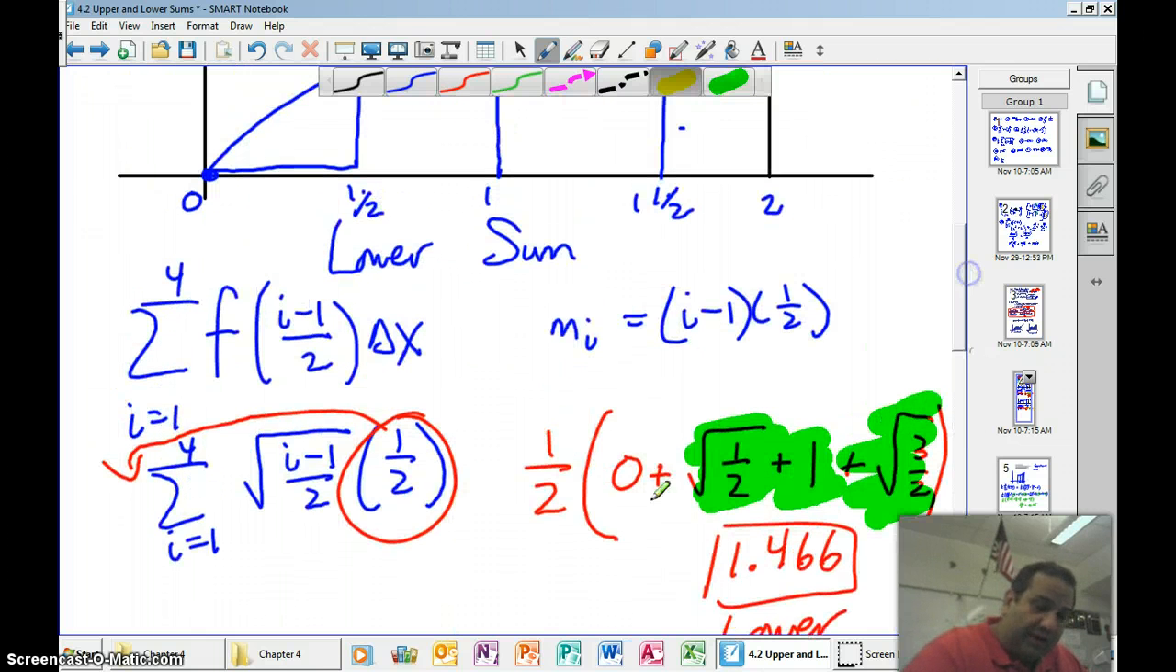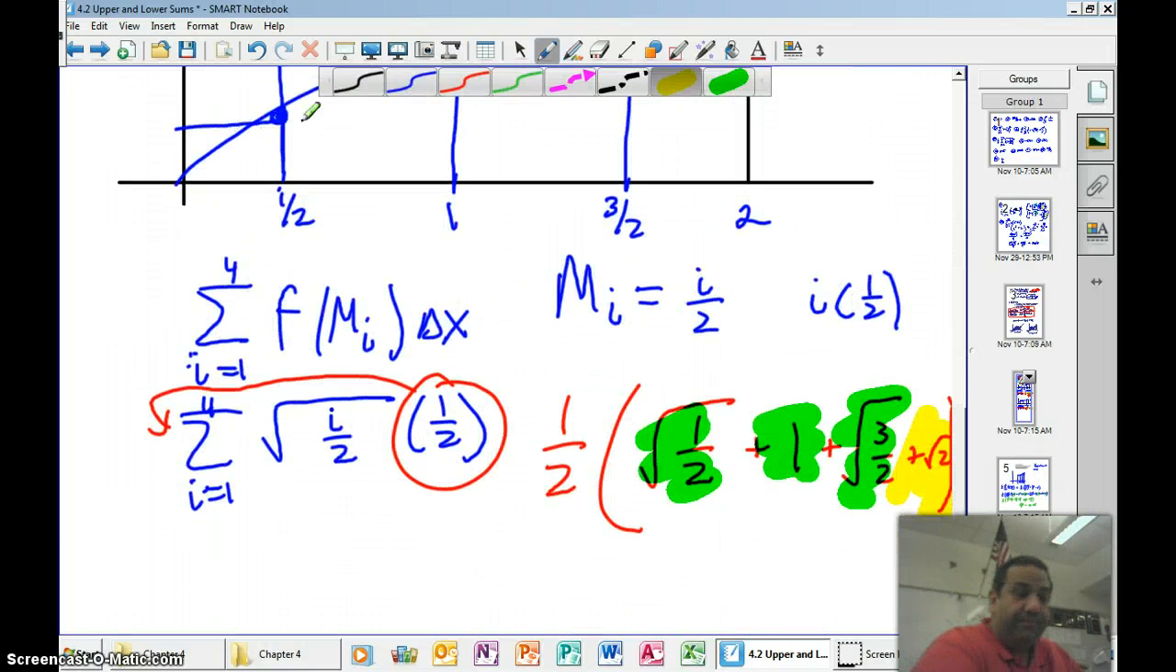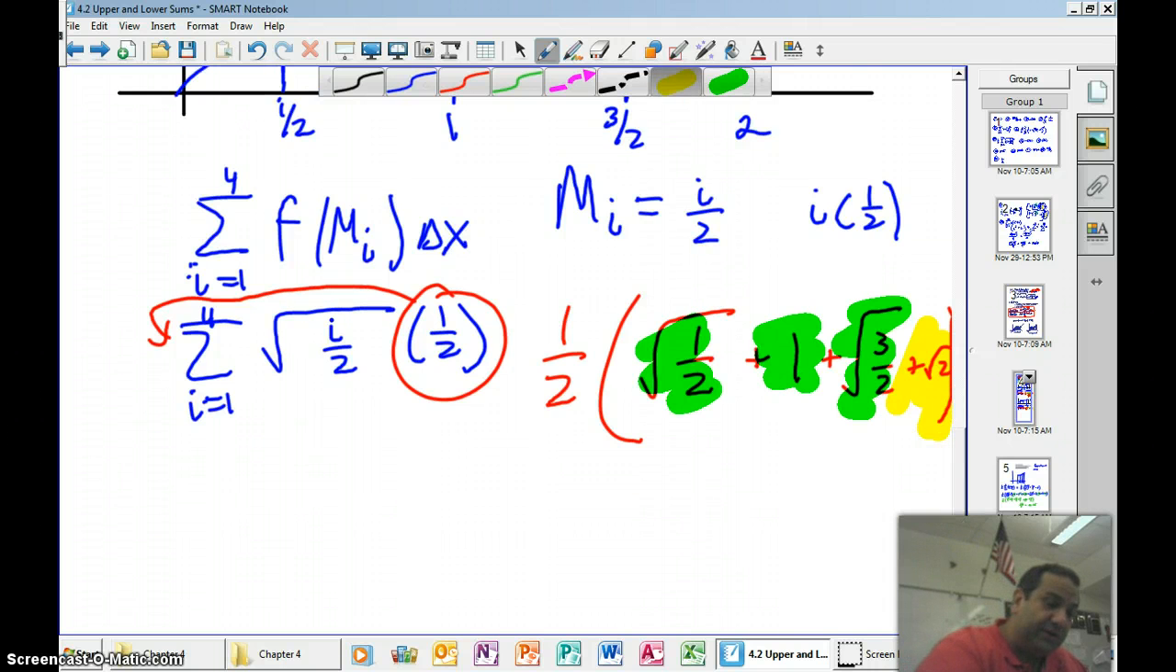So when I start at the left endpoint, it's different. When I start at the right endpoint of the rectangle, the right one's different, but everything else inside stays the same. So once you've calculated for one, you can basically use this calculation, whatever you did up top, on the bottom here too. But when the smoke clears and your calculator spits it out, you get